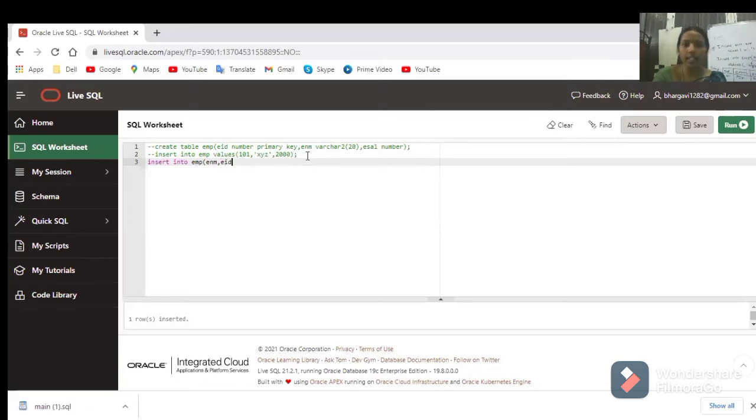Next I want to insert employee ID. Next I want to insert employee salary. Now values. So first what you are specifying here, the order first be employee name. So I'm writing employee name as some ABC, right? Next I want to insert employee ID 102. Next I want to insert employee salary. So I'm writing employee salary as 3000. So insert into employee name. Whatever the order you are specifying here, the same order should be here in this syntax. Now say run.